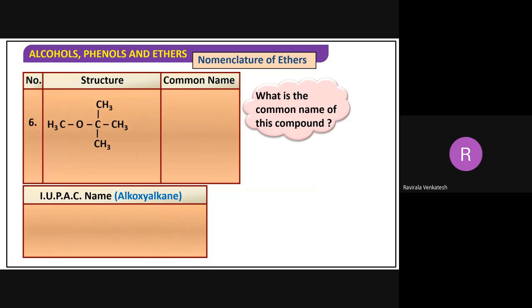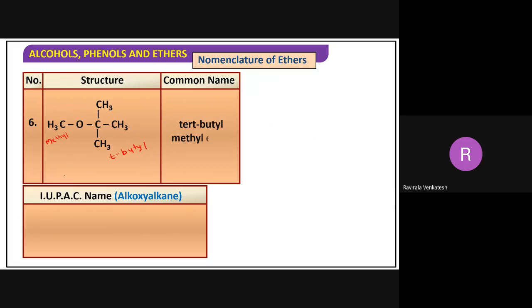Now this one, if you observe, is tertiary butyl, correct? This one is called tertiary butyl, and this one is called methyl. Therefore, tertiary butyl methyl ether. Correct or not? That is the common name. What about the IUPAC nomenclature? Anybody? 2-methoxybutane? Or tell me the answer now. 2-methoxy,